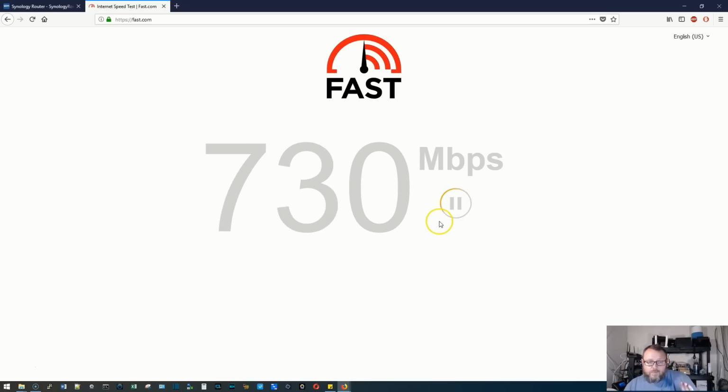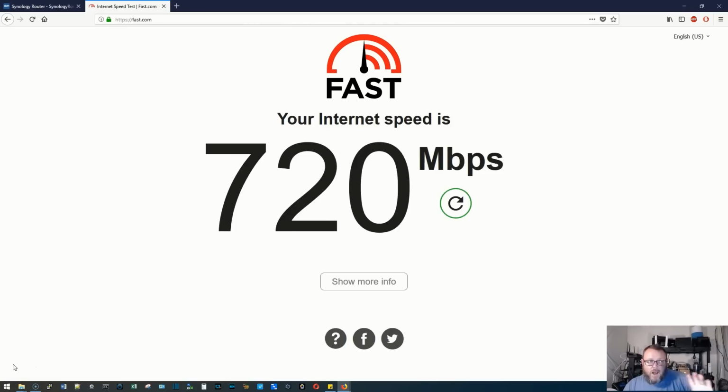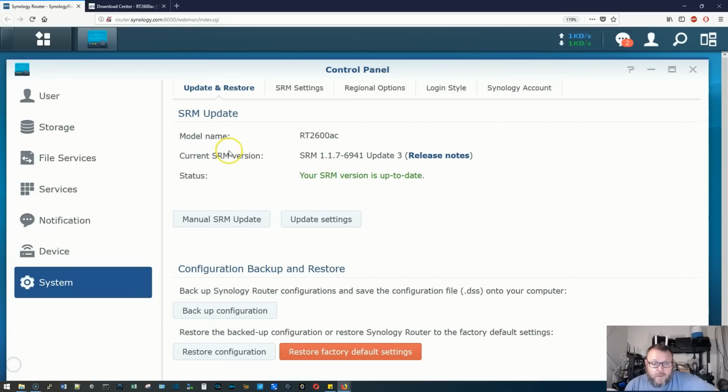So the Synology box, we're going to be able to push this thing long term, especially with the new firmware. So I'm going to go back to updating. I just wanted you to see that speed test real quick. All right, so 2 updates got us to 1.1.7-6941 update 3, which I think was in the August timeframe, but they just released 1.2, which has all the